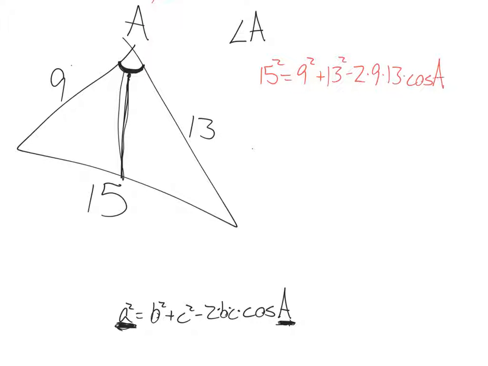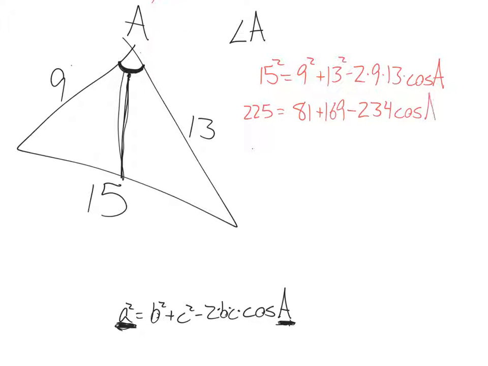So cosine of angle A. Notice I just used the other two sides in place of the B and the C. The algebra is what you got to be careful with on this. So we have 225 equals 81 plus 169 minus 117 times 2, 234